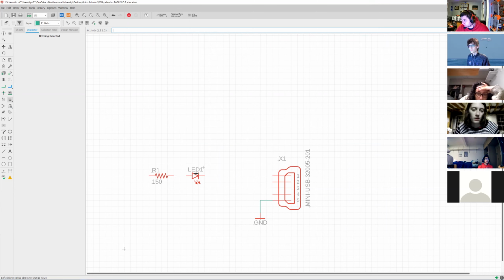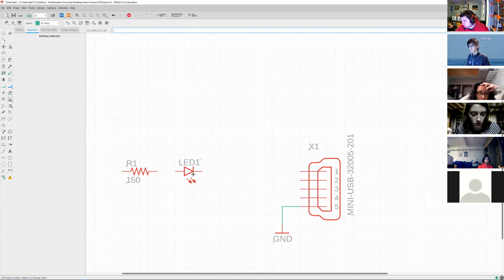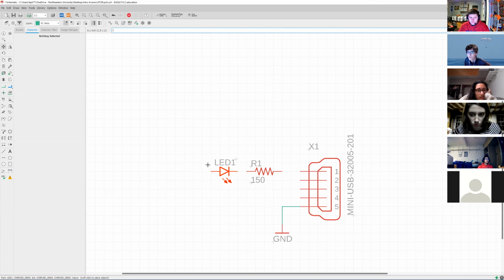So what we'll do is just get very organized here. I'm going to rotate everything. So if you go here and hit the move button, which is like the cross with arrows, I'm going to move the resistor over here and flip the LED around. Now an LED is polarized. So you remember when we were,